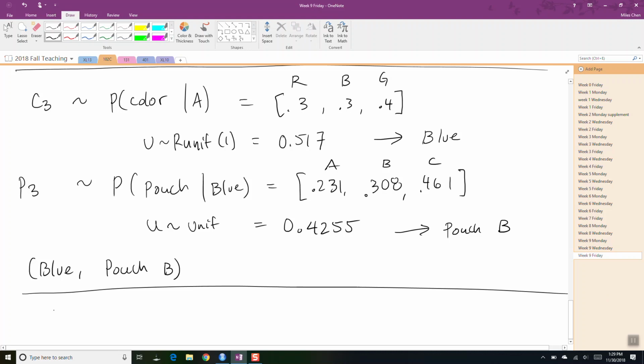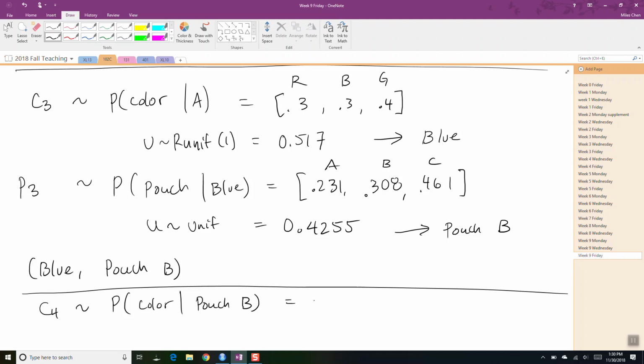And then you just continue this. Color 4 would then come from color given pouch B. And that's going to be, I don't know, something different. And you keep iterating this way. So you're alternating between one variable and the other. And for each one, you find the conditional distribution given that thing. Okay? Does that kind of make sense? Right? And so this would be what a Gibbs sampler would look like in kind of a manual process,